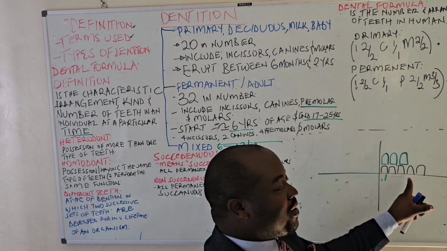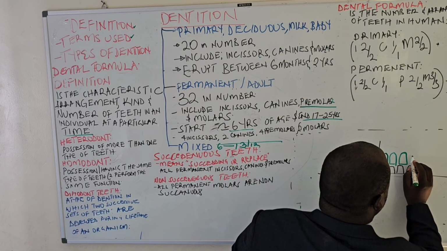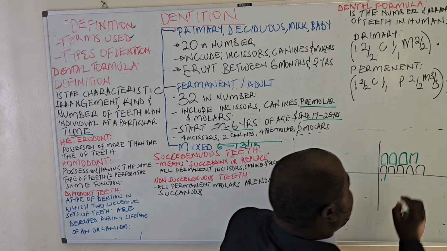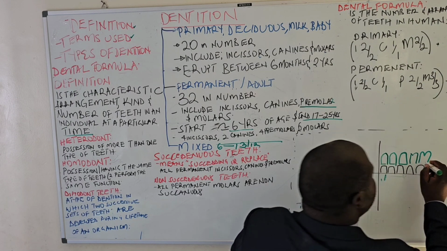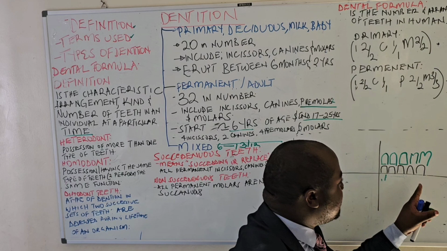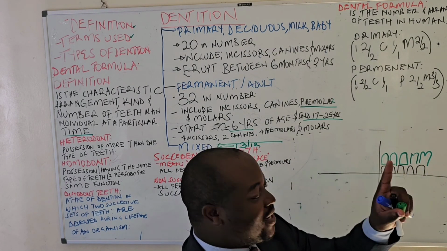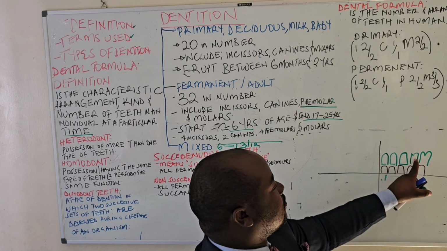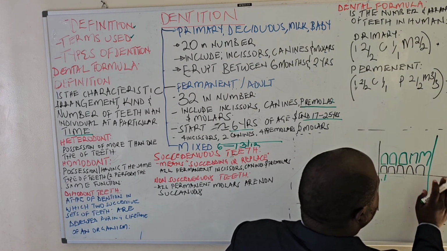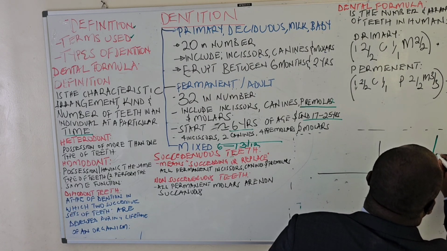So we have now permanent premolars. The permanent premolars are replacing primary molars. I repeat, the primary molars are being replaced by the permanent premolars. Then we have this area here, which was vacant, where there was no tooth. We shall still have what? The 3